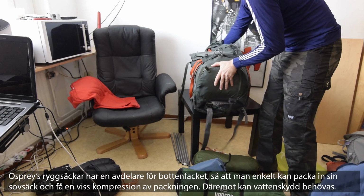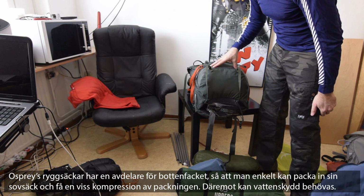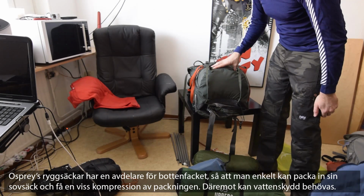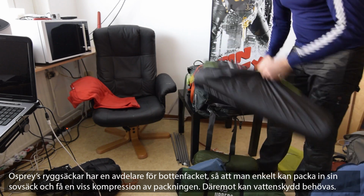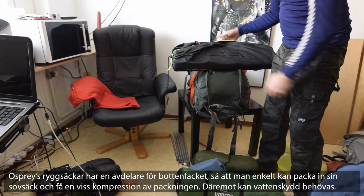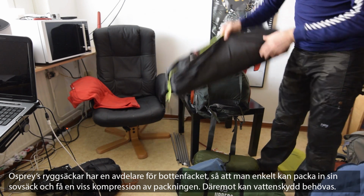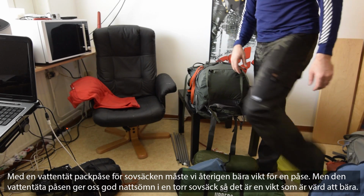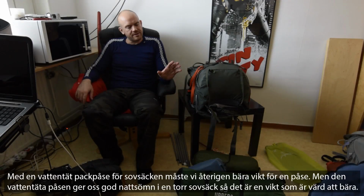What I haven't figured out yet is that this is not entirely waterproof, which means that the sleeping bag currently is not waterproof, and you want to make sure that you're sleeping in a dry place. And normally you'd have the rain cover to cover your backpack when it's raining, but we are using these. So we can't really put the rain cover on. So I have to figure out something for that, and I guess what we will do is probably to put just a plastic bag or something in here, to stuff the sleeping bag in a plastic bag. Yeah, I need to think about that, because I haven't really...